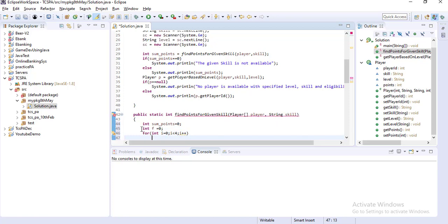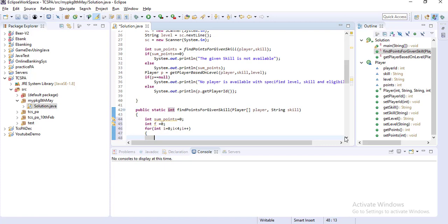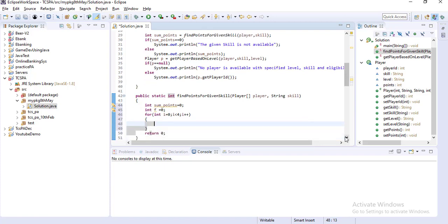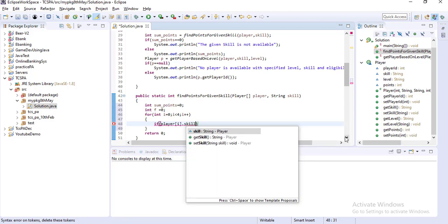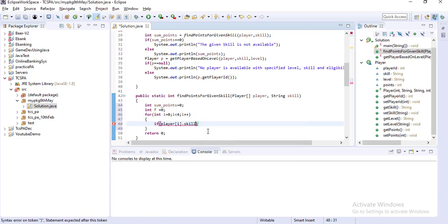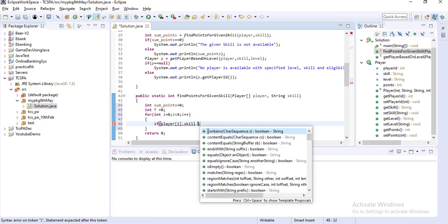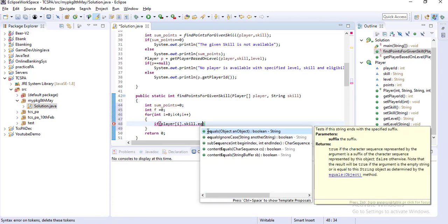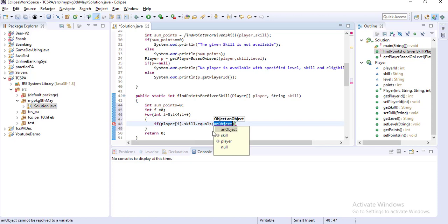Here I write if player[i].skill .equals your skill, whatever you have passed.